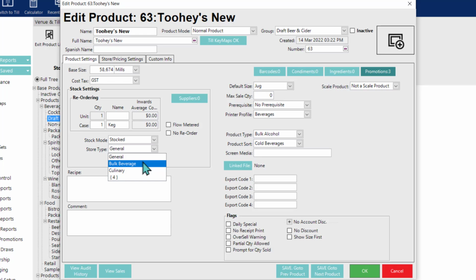So we would set the store type here at the product level to bulk beverage, and then we've got that stock type redirect set up at the store level. So then here at the product level, we will just need to have that set. Then for whichever store this beer is sold in, whether it's the bistro or whether it's the main restaurant, the